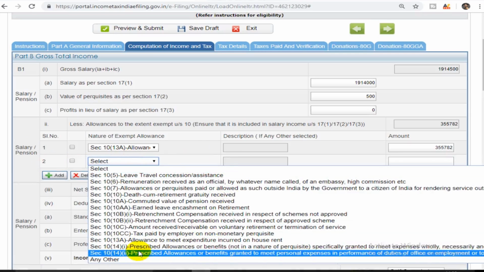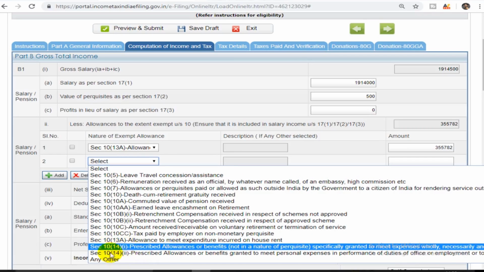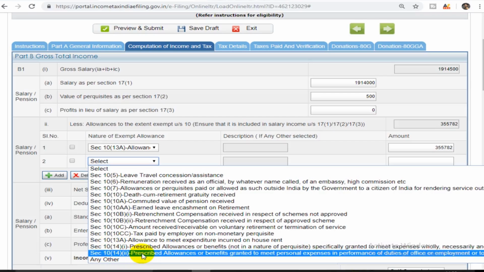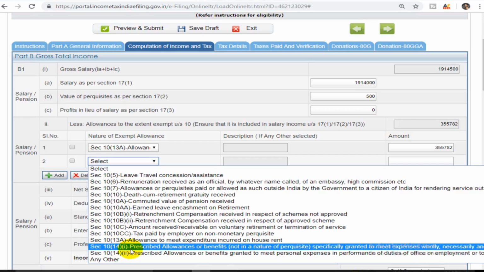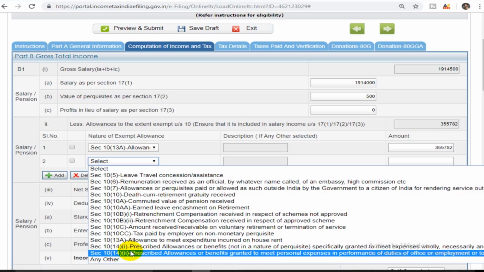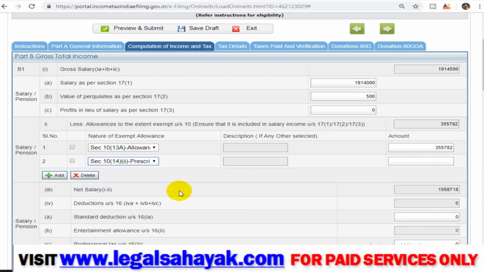Two sections are given here, section 10(14)(i) and section 10(14)(ii), which contain many allowances, and the bifurcation of these sections is already provided in the video description. You have to check section 10(14)(i) and section 10(14)(ii) for your allowance category. Children education allowance is under section 10(14)(ii). So I am choosing that section, and now I am going to enter the children education allowance amount,